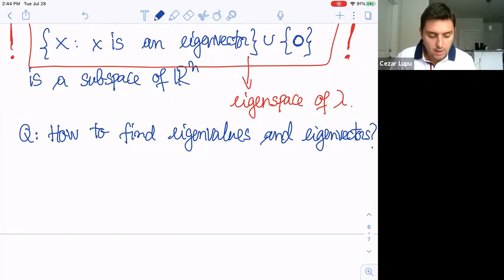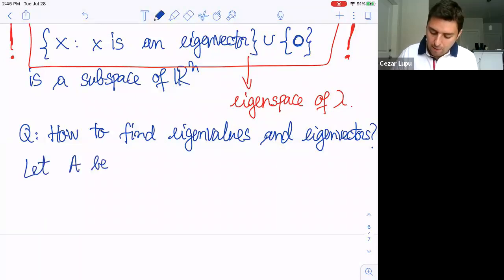Let me, before I even explain the theorem, to find the eigenvalues and the eigenvectors of an n by n matrix, let A be an n by n matrix,